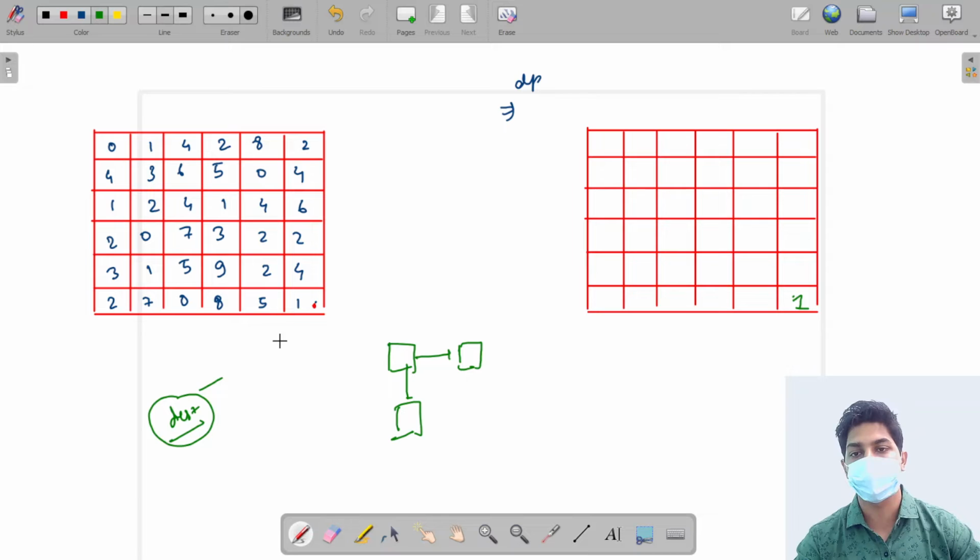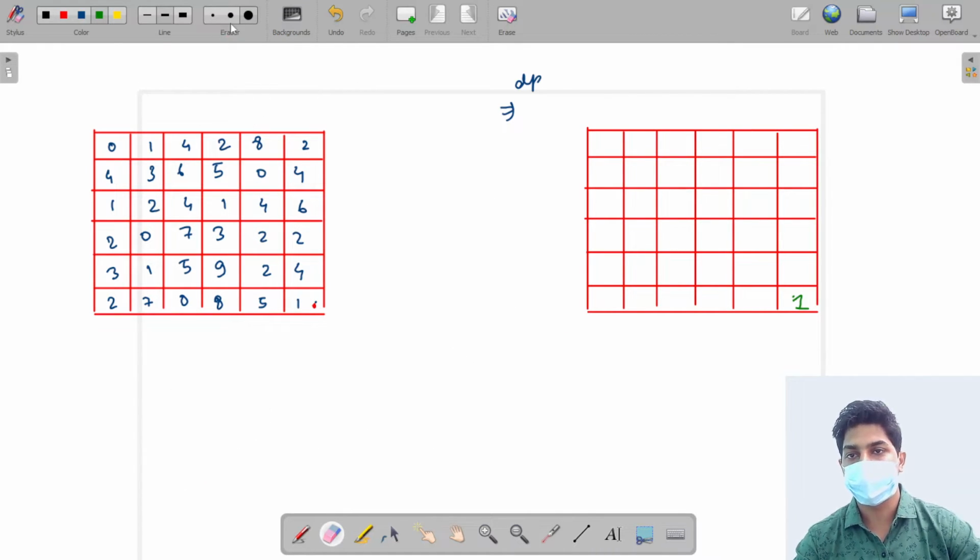So what will be the cost? The cost will be the same as visiting that cell. I don't need to ask my neighbors, so for this particular cell the answer will be the same. Okay. Now let's try to fill this DP array. How will it get filled? Now if you want to calculate the answer for this cell, I cannot move down over here. I have the option only to move in the horizontal direction.